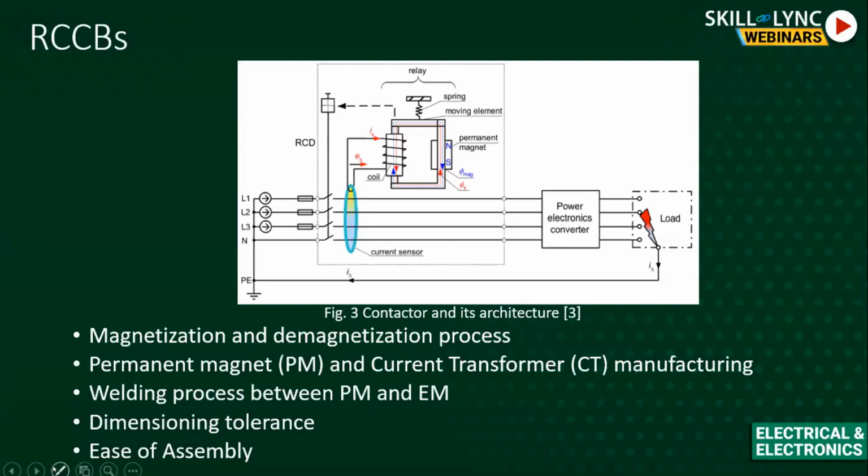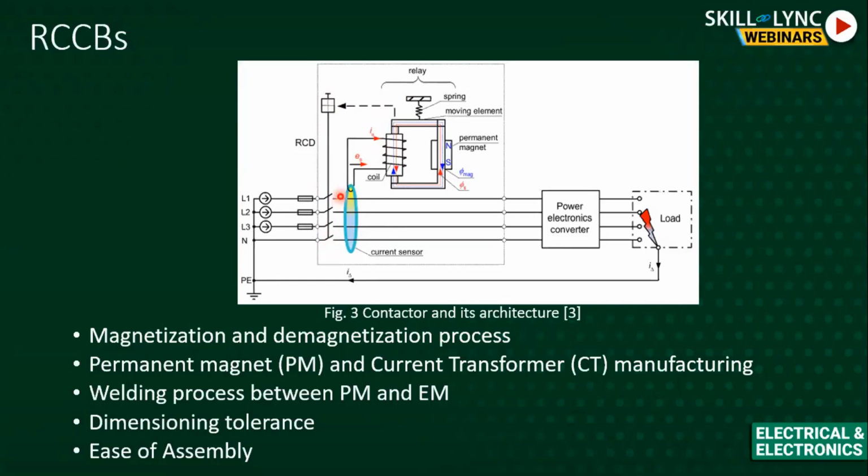As you can see, this coil is connected to the permanent magnet relay. If you look at the construction of this relay, this is the electromagnet, and there is a permanent magnet connected to it. In normal condition, when there is no leakage, this will remain in the closed condition because of the force generated by the magnet. Whenever there is a fault, this coil current sensor will generate a voltage across the secondary winding, and this field will oppose the permanent magnet field. So this device will open, and it will in turn open the contacts. This is how the fault is being isolated.